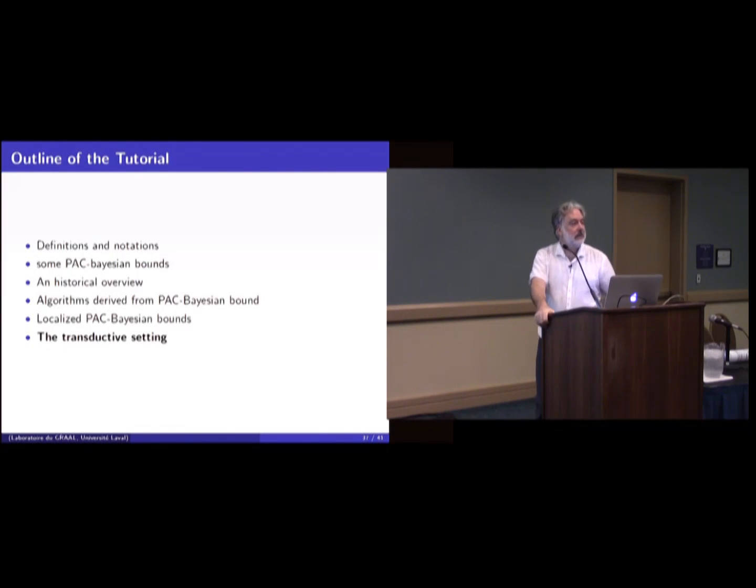Yes? Sorry, I have a question about those aligned posteriors. Would you have a constructive heuristic for such posteriors? Because I'm failing to see, if I take any posterior, how to make it aligned with respect to the prior. It's very easy. It's high school math. But how would you do it? I mean, for example, if I take a Gibbs posterior which is exponential minus the empirical risk, would it always be aligned with the corresponding prior?